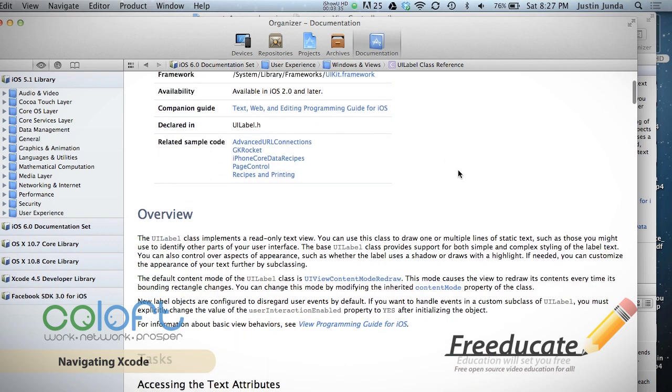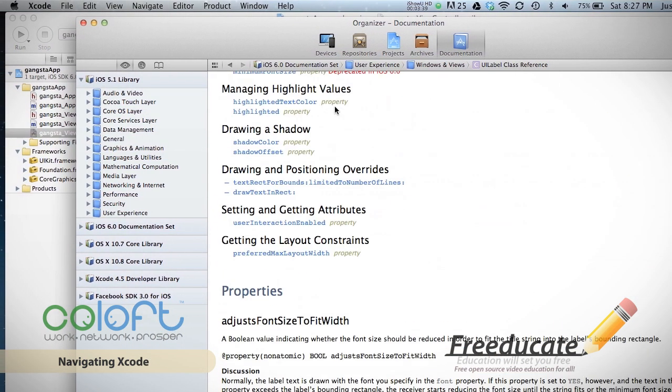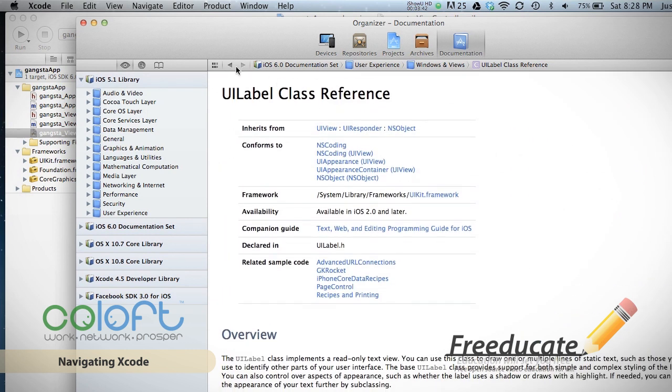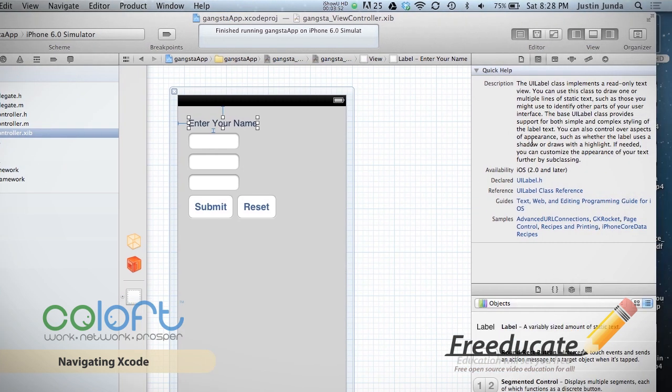There we go. I can read all about it; it gives me an overview and tells me all about the actual label or whatever I have selected. Now, this is a little too over our head at the moment because we're just warming up to Xcode. We're not super hardcore coders yet. So let's just get that out of the way. Now, moving on,